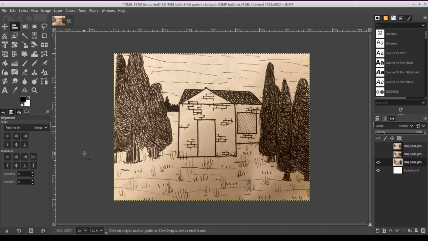So I'm going to be showing you how you can just take a picture of your line art and make it look almost like it was made on a computer using your very own phone camera and the help of pretty much any image editing software.